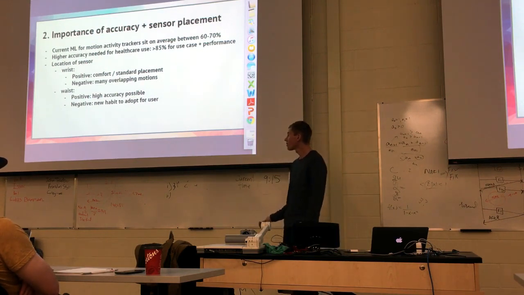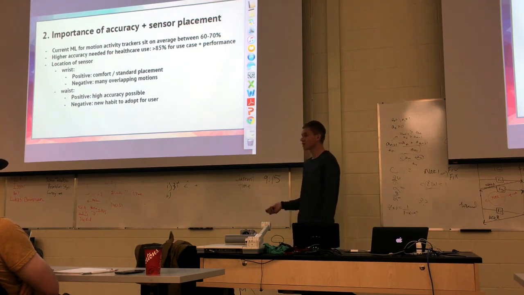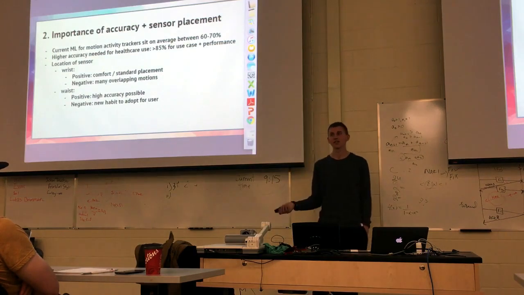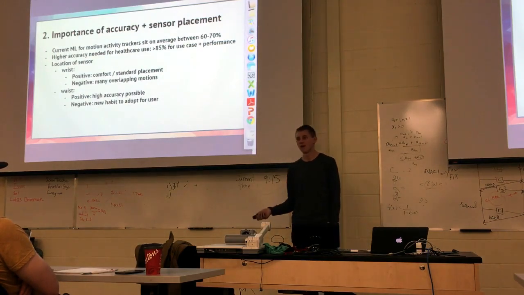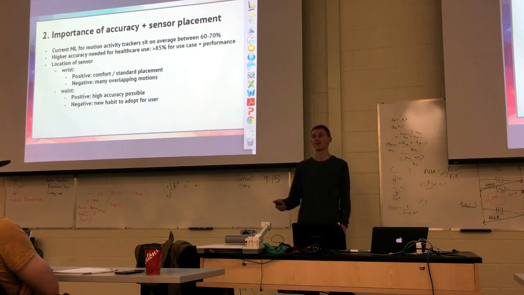So current machine learning models for activity trackers sit between 60 to 70% accuracy in a real world test. While I'm wearing this Fitbit right now, as I'm just waving my hand talking to you, it's actually counting steps. And if I were to continuously wave in this sort of rhythmic pattern over, let's say, a 2 or 3 minute window, it would actually presume that I'm walking, even though I'm